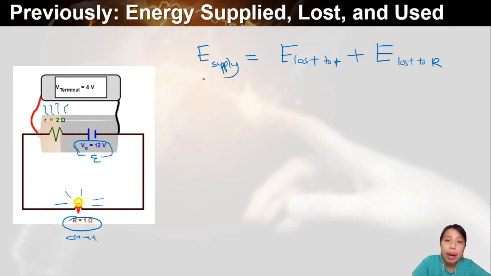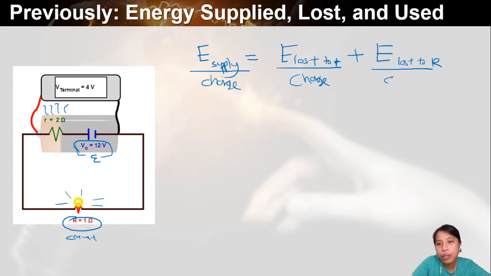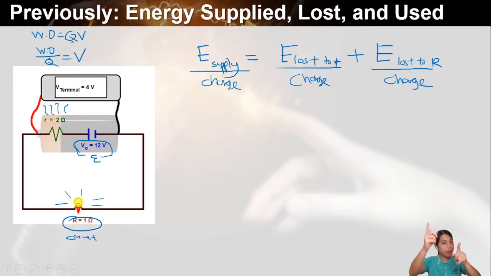But if you divide everything by charge, so energy loss per unit charge, Q, what do we get? Well, if you kind of forgot a little bit what is energy divided by charge, it's good to maybe remember this. Remember we have work done, or change in energy, is the charge times potential difference. Aha! So that means energy, which is work done, divided by charge is the potential difference. Which means you can change this into